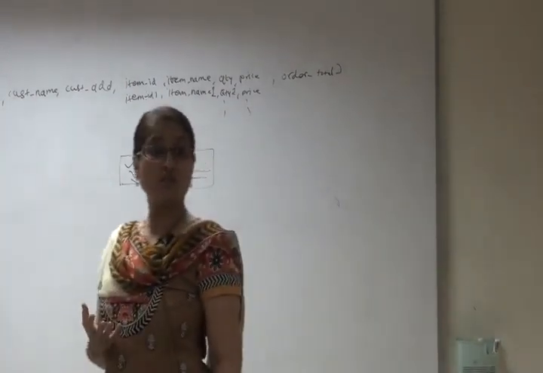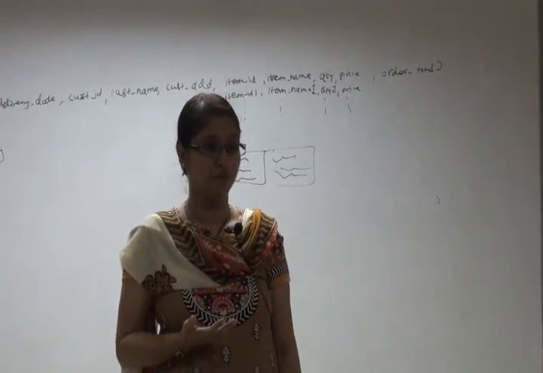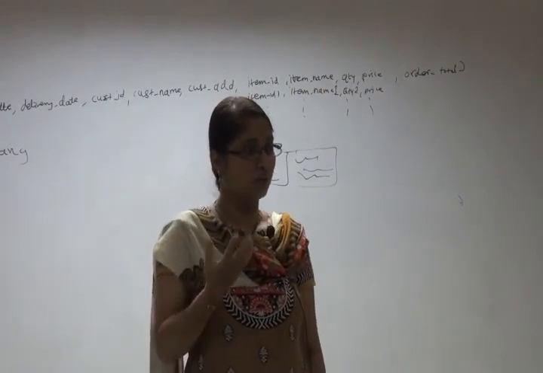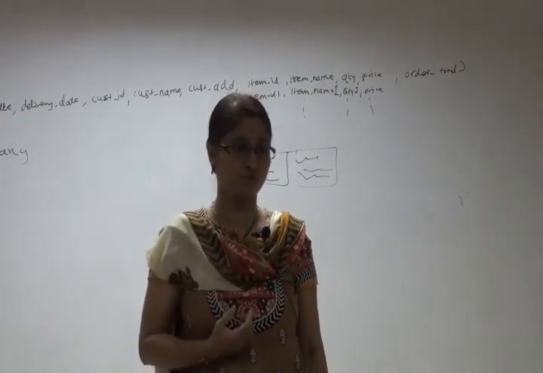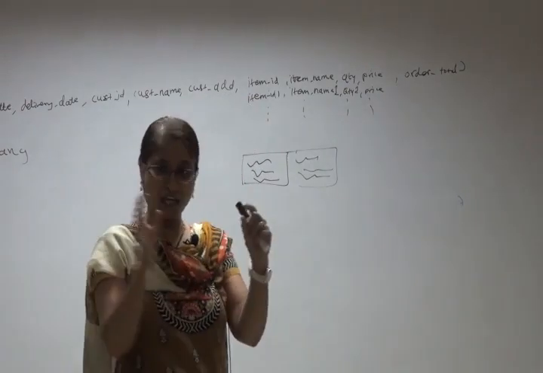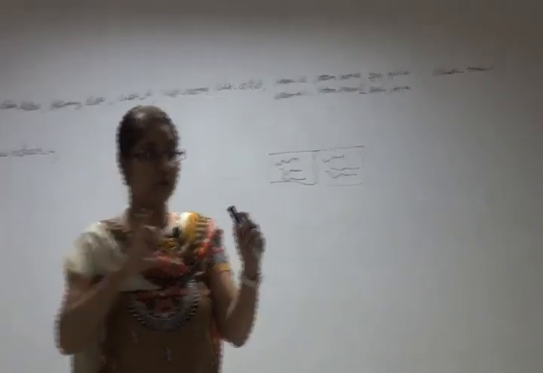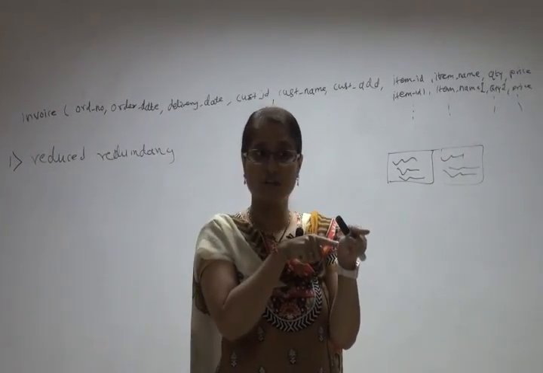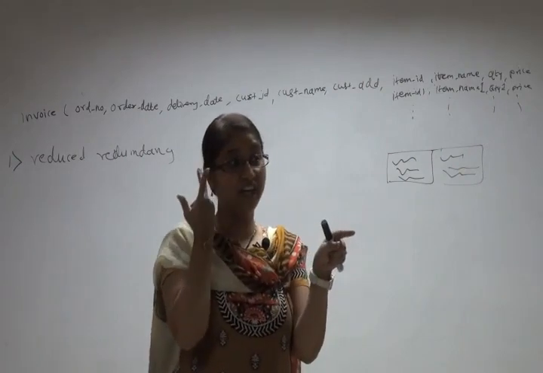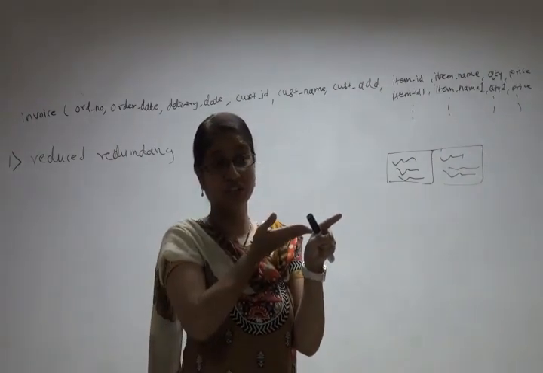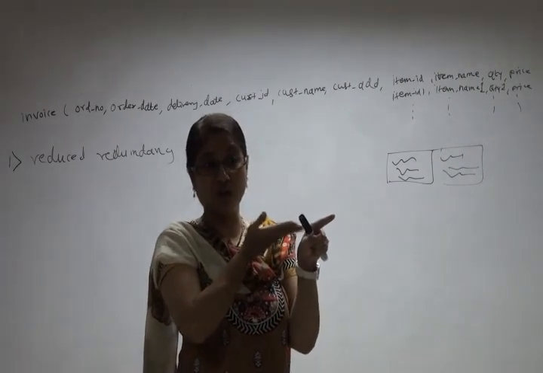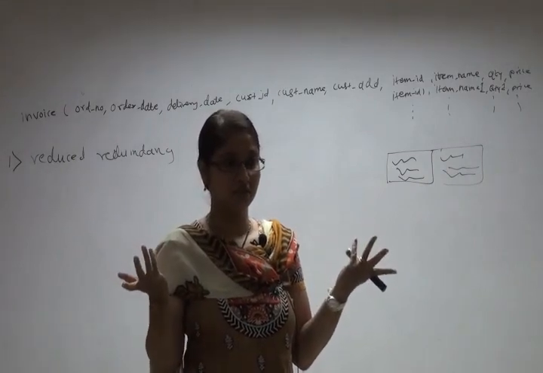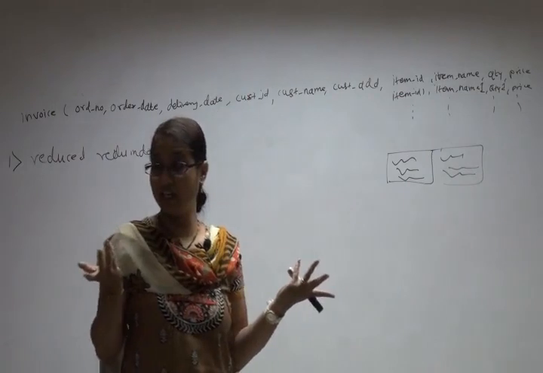But where is the structural stability? As one order can have 10 items, one order can have one item, and one order can have 50 items. Every time your table structure is changing, what will happen to your select statement? Will it be stable? We said we are having data independence. If your select statement is changing according to the order, where is data independence? Right? We say data independence, right?